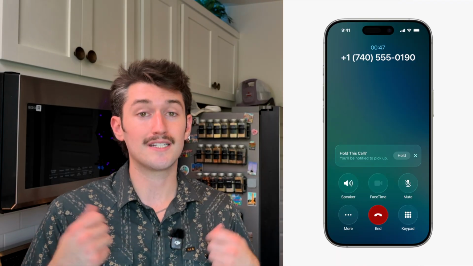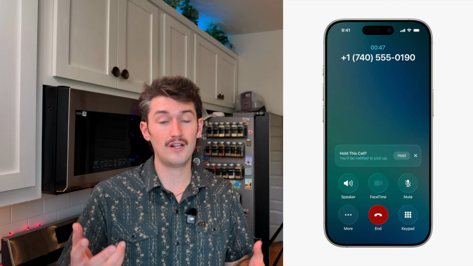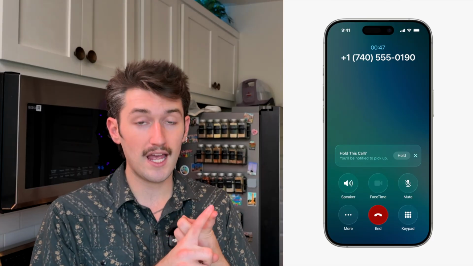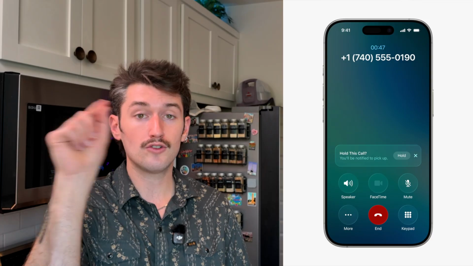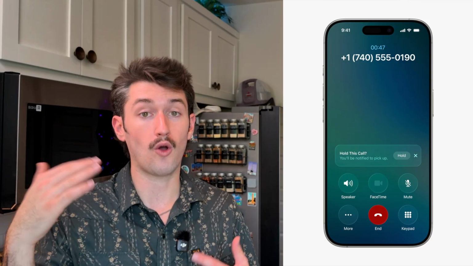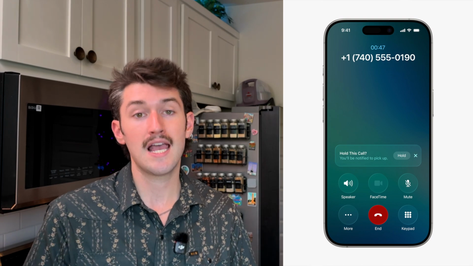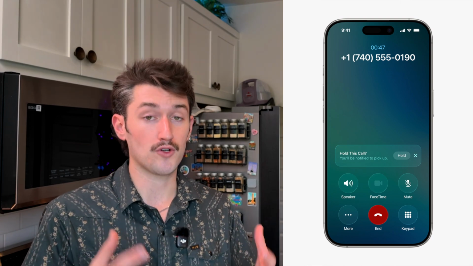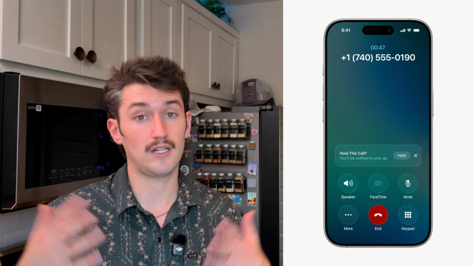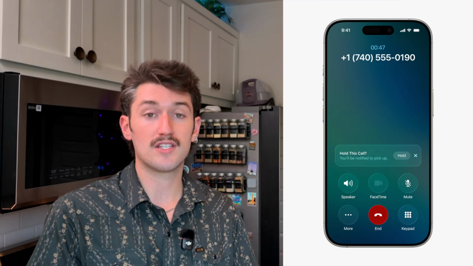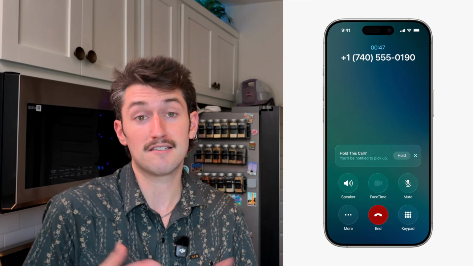anyway. And along the lines of picking up the phone for you, Siri and your phone can actually stay on the phone for you while you're waiting on hold. There's a new holding experience where your phone will actually detect when it thinks that you are waiting on a call. Either it's hearing the same automated voice over and over again, or it's hearing music, and you'll get a little notification and option to wait on hold for you. So that way you can close the phone app, you can put your phone down, you can do something else. And when your phone thinks that the person has picked up on the other line, when they hear a natural human voice asking for you, it will send you a little notification and say, hey, it's time to pick up